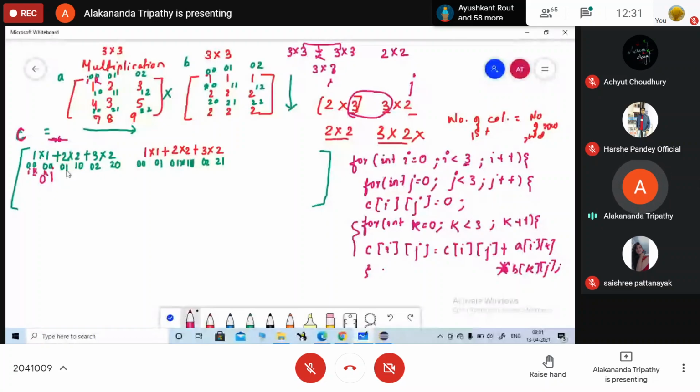You are going to find out the values for a particular cell. You will find the value of every cell. Okay, this much code is for the matrix multiplication. In detail, we are going to do it in the lab. Are you clear?